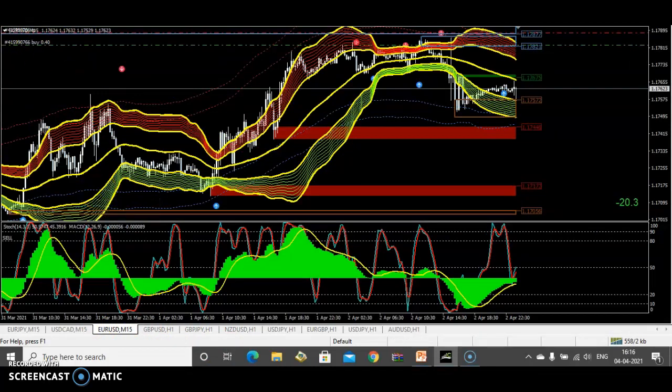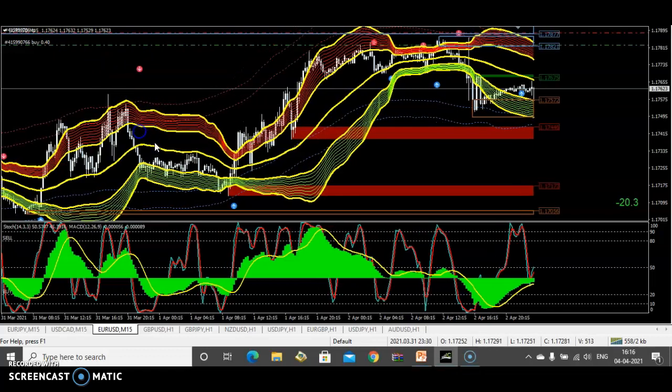See here, we have this new Bollinger Band setup I have tried to make from a PPT, from a PDF file which I have got. So you just need to put it here, see all these signals are there. The green Bollinger Band means it's a buy opportunity, red means it's a sell opportunity. So we have got signals here, so you can easily get 5 to 10 pips.